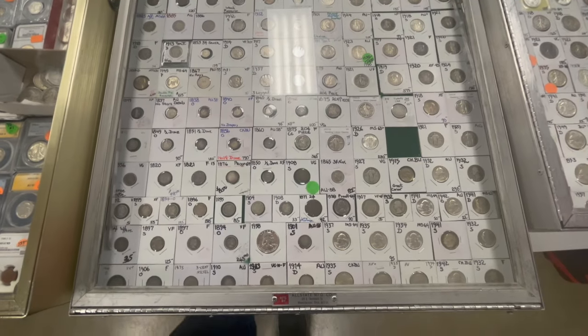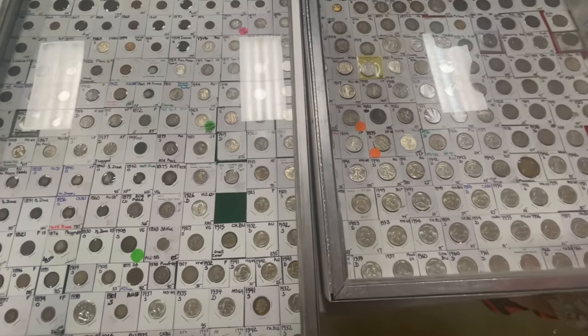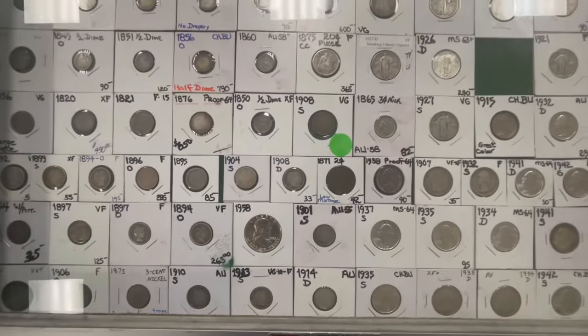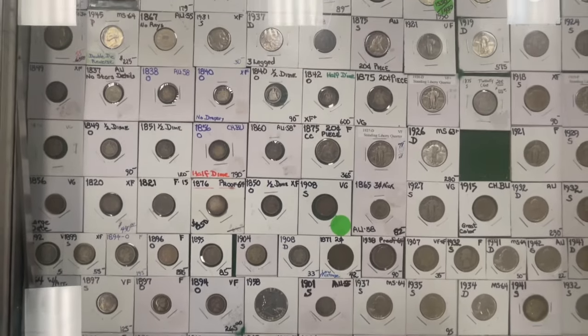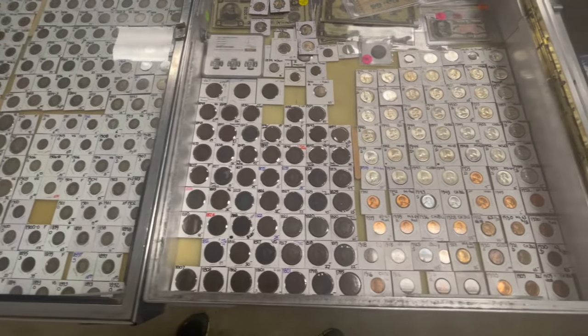This square are 25 and that one is 20. Is that yes? Of those. Because I know I've got